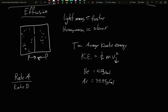You can't just make two equivalent tubes, because one of them is not moving as quickly. The heavier gas is not going to move through the tube as quickly as the lightweight gas. And so you have to adjust them based on how fast you expect them to go. So based on these rates, if I want to do this comparison,